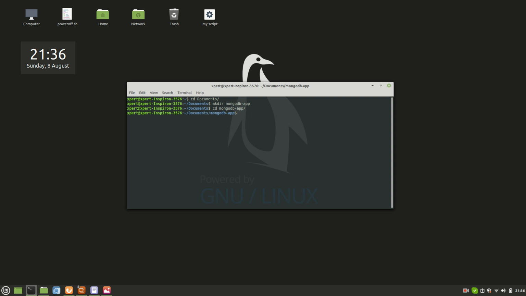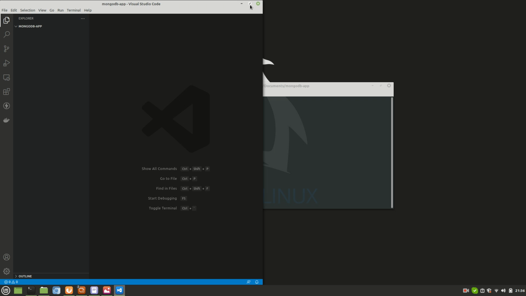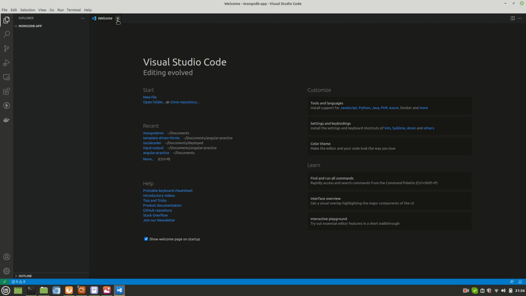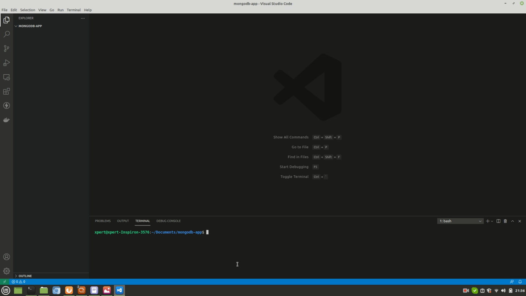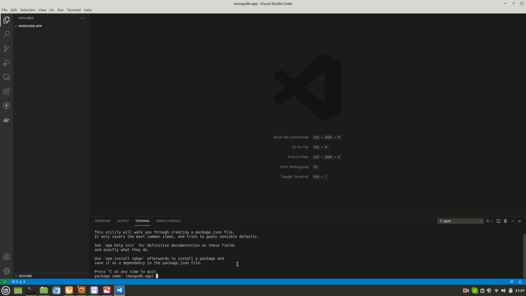I want this project to be a Node project, since things become easy when you have npm to manage your dependencies. So what I'll do, I'll just run one command here. First let me open this in a code editor, that is, I'm using VS Code. Okay, close this tab, I'll open the terminal here itself, and I'm going to run one command, npm init. This will create one package JSON for you where we'll decide the dependencies.